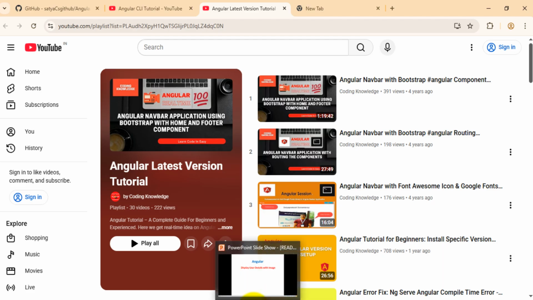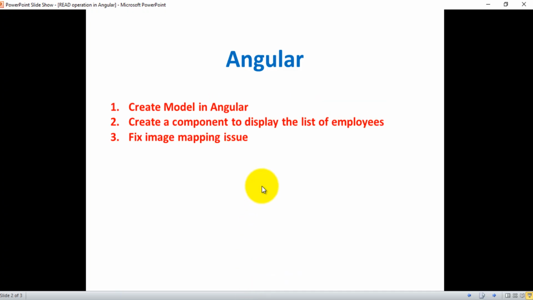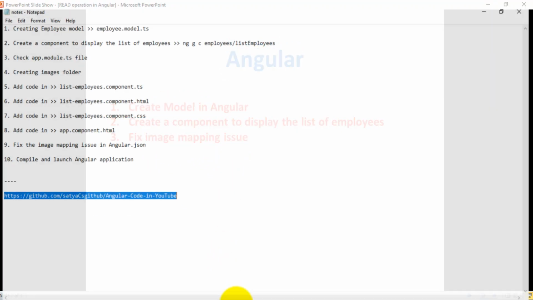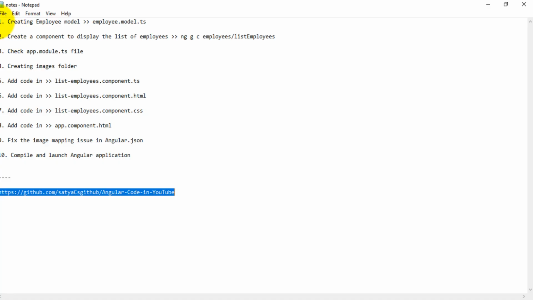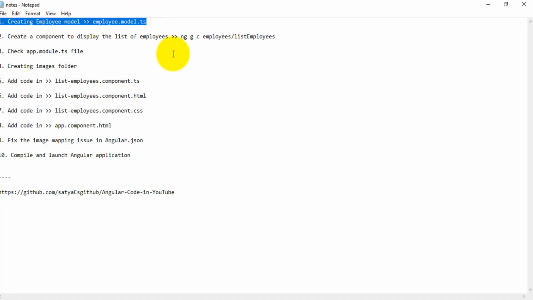So let's go to my presentation. So guys, in this video I'll discuss how to create a model in Angular and create a component to display the list of employees and how to fix image mapping issues. So guys, here I mentioned the step-by-step process. Okay, first step is we need to create an employee model called